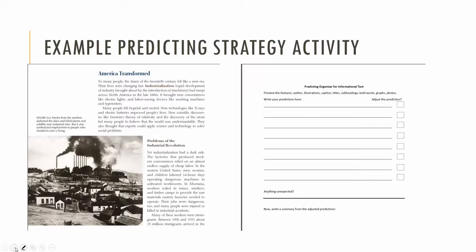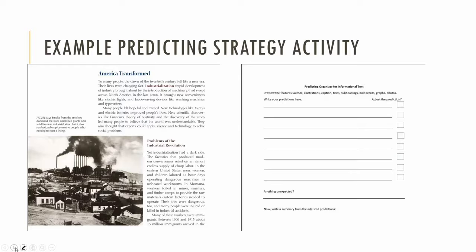If we look at this selection from the textbook, you can see that this particular page has a title, it has some bold words, it has a subtitle, it has a caption, and it has an illustration. And I have a predicting organizer for informational text, and I geared this organizer directly to those middle school grades. And what you want the students to do first, and of course you would